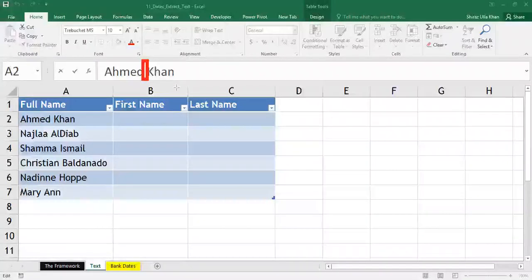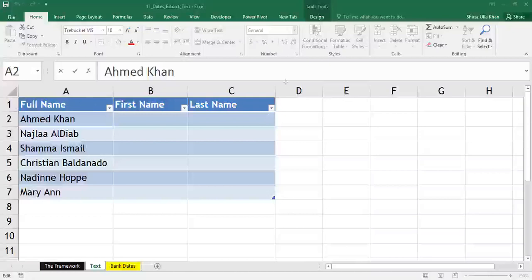Okay. So like this, there could be many other delimiters. Delimiters are some special characters. So in our current example, we have space as a delimiter. You can have comma as a delimiter. You can have tab as a delimiter. You can have fixed width. So there are different options of delimiters which are predominantly used to separate data. So based on the delimiter, we are going to separate the first name and the last name. Hope, people, you are clear on the delimiters. Okay, let me clear the annotations for you.